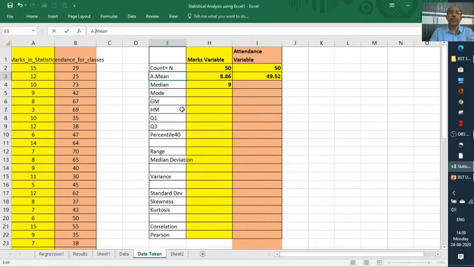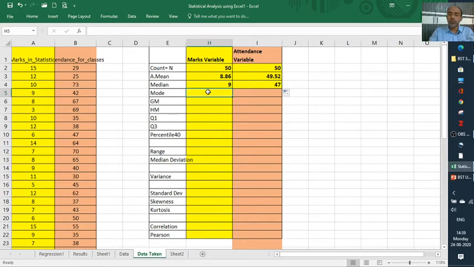Arithmetic mean is 8.86. Median is 9. The same for the attendance variable, it is 47. Is it okay? 47 is the median.